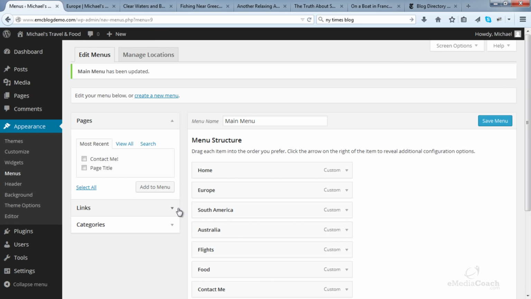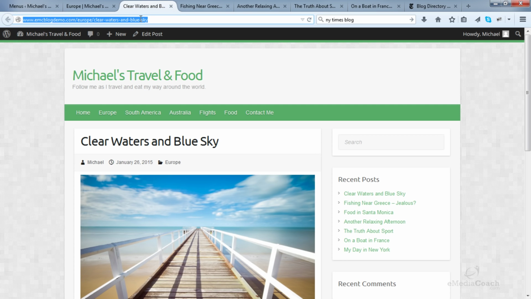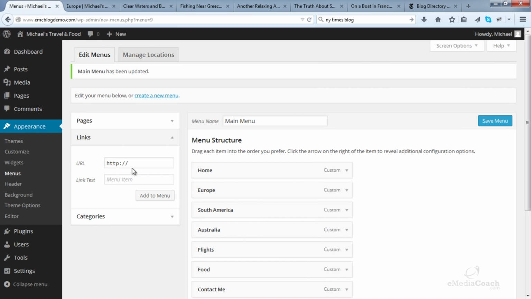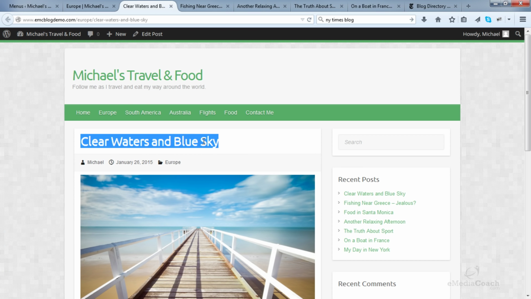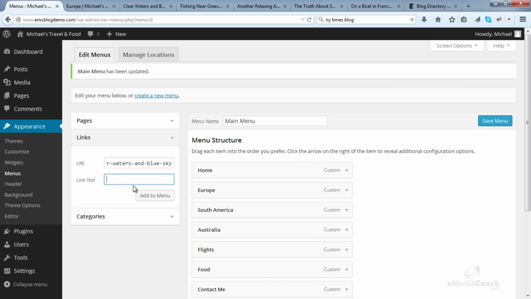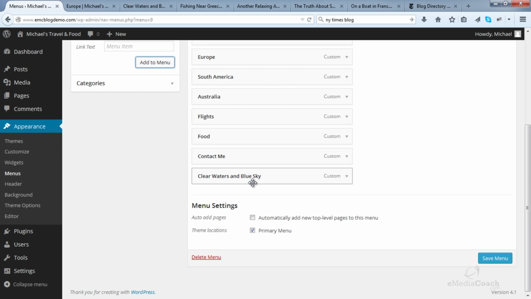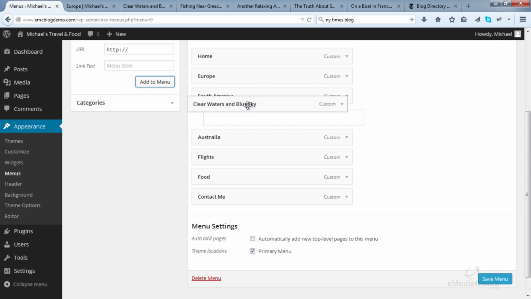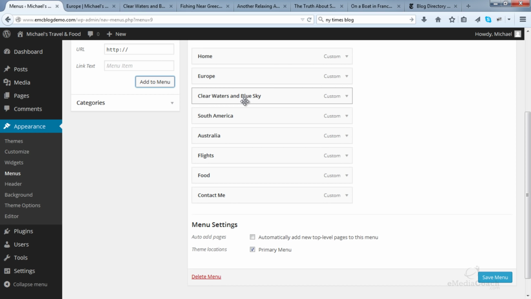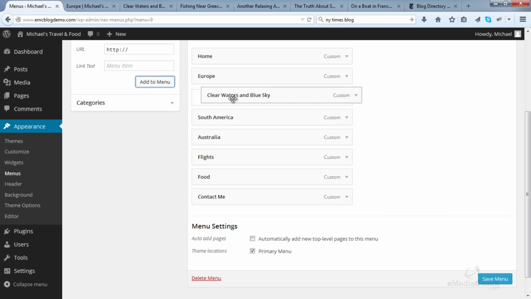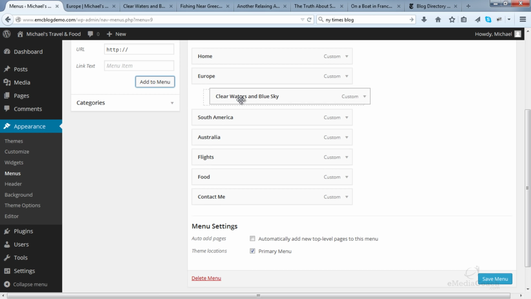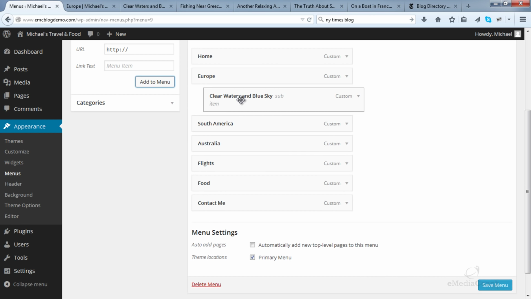Now back in here, to add a drop-down menu, simply drag and drop the item so that it is indented below the first level item that you want it to appear under.